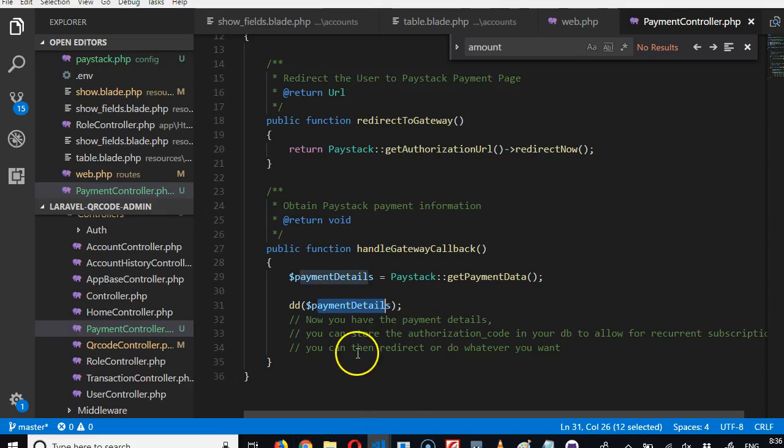So in the next video, we need to use this, save it in the database, update the transaction table, update the QRCode table, whatever tables we need to update. After updating them, we now redirect the user to a beautiful page or back to the QR